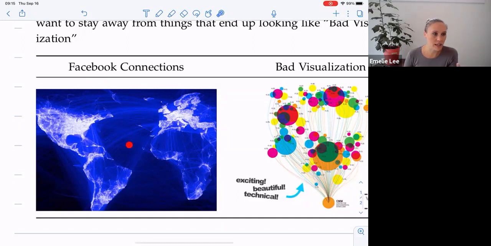Just looking at this, we understand what's going on. Each little line is a Facebook connection, and they're going across the pond. Of course, it's only part of the world. We see that as things get brighter, there are more Facebook connections. Just having that label, Facebook connections,